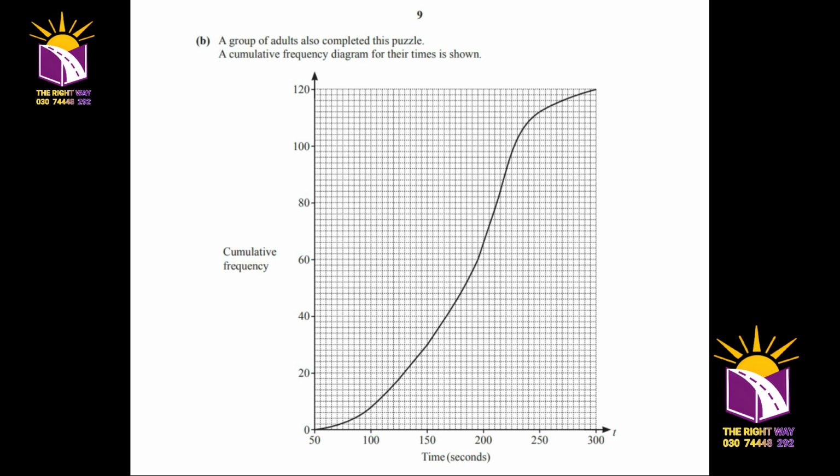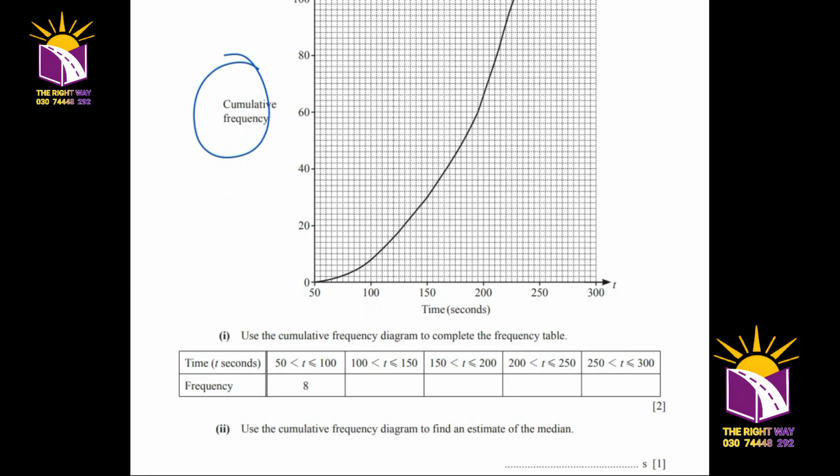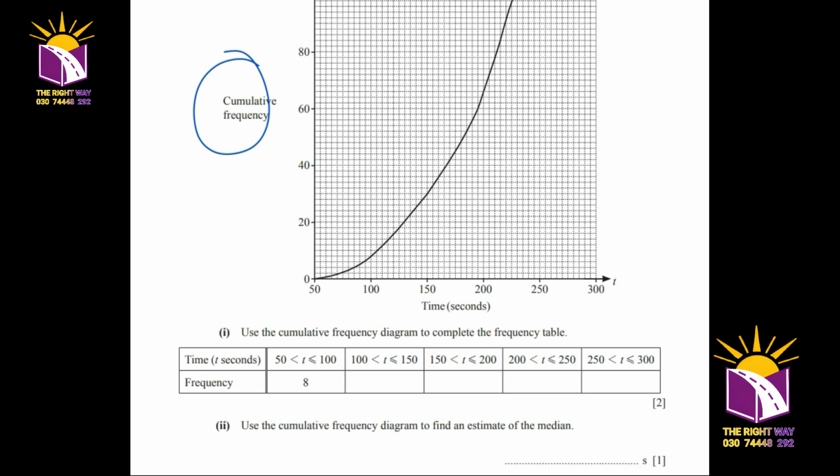Part B. A group of adults also complete this puzzle. A cumulative frequency diagram for their time is shown. Use the cumulative frequency diagram to complete the frequency table. For 50 to 100, it is 8. 100 to 150. Now for 150,